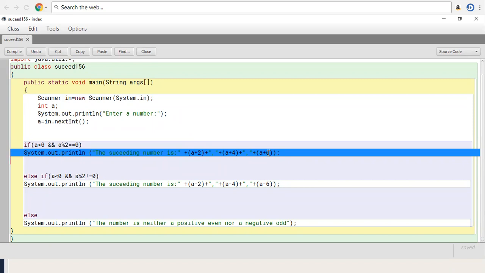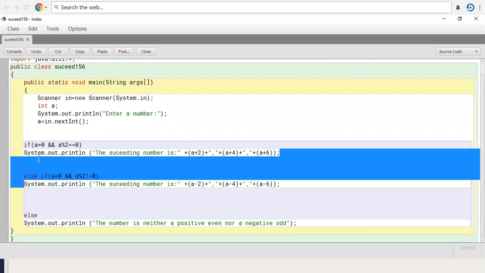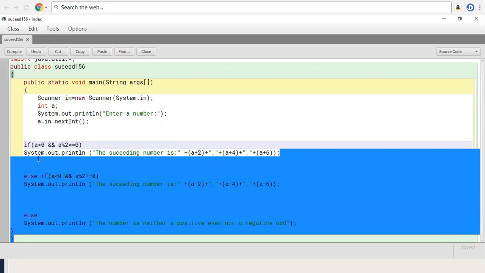So if I'm entering 10, 12, 14, 16 in this format, I'll be getting the result for the positive even number. Okay, now suppose, and then only straight away the compiler will be terminating outside the loop without executing the